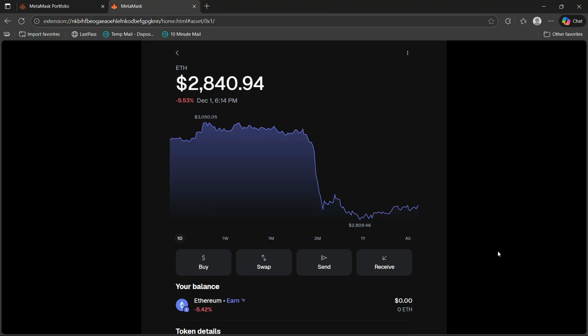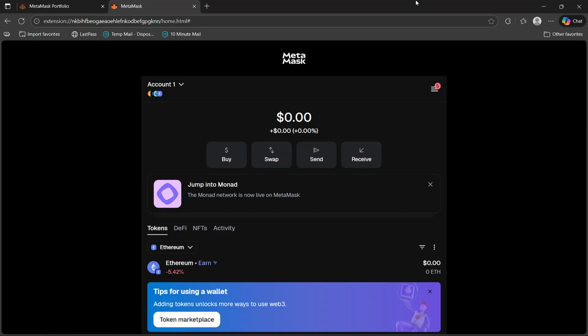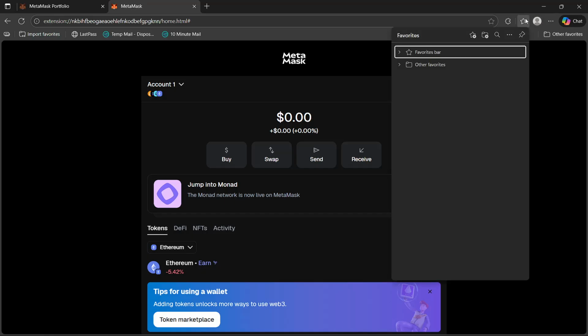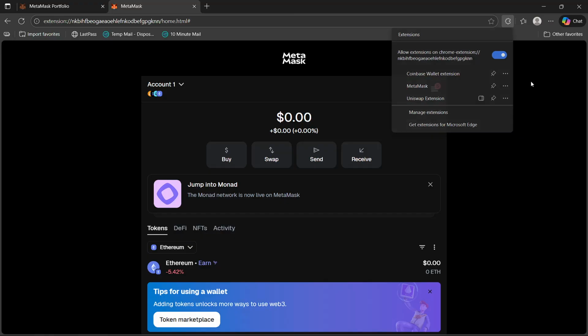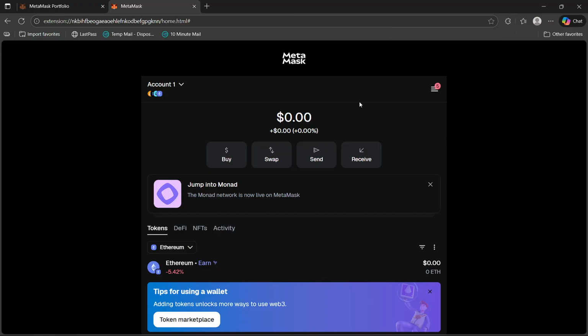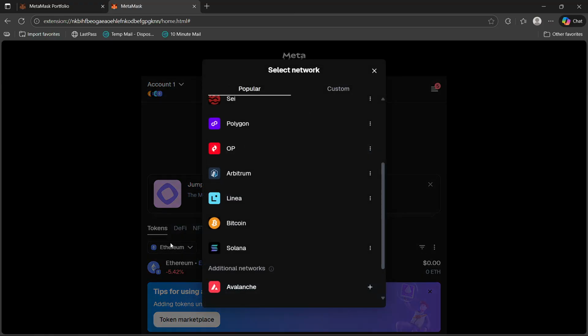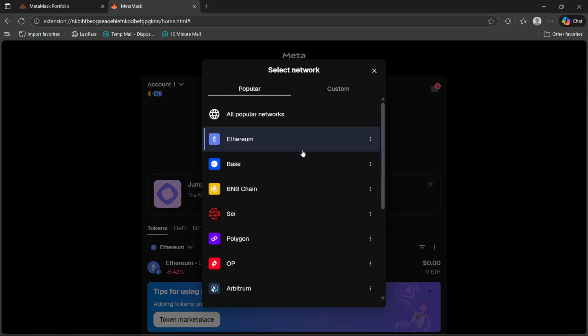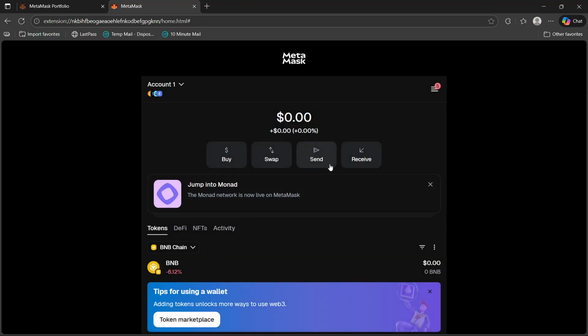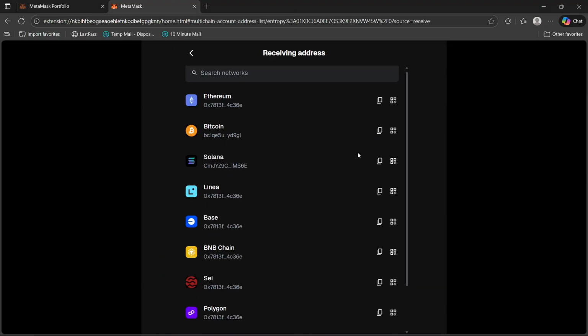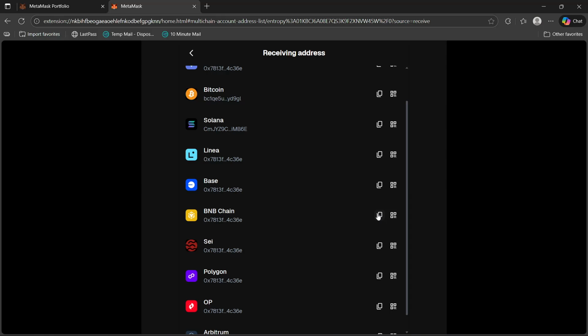So the first thing that you will have to do is, of course, go to the official MetaMask website. And of course, you will have to make sure that your extension is already installed so that you will be able to actually do this. So once you're here, what you will have to do is select the asset and then, of course, click this and choose your desired network, and you will just have to click receive. And what you will have to do is copy the wallet address,